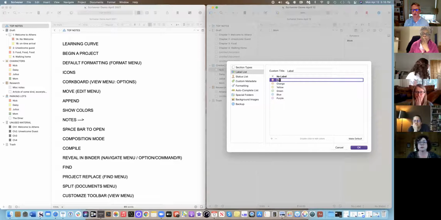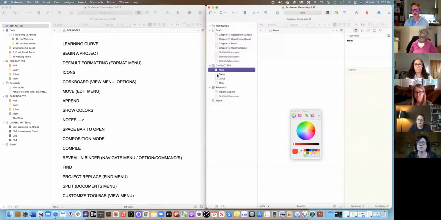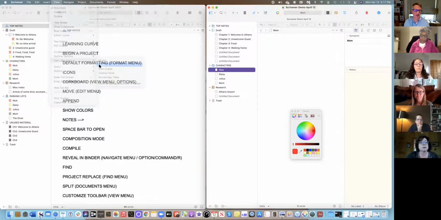So this first label I'm calling Nick. I double click on this color, and now I can make the label whatever color I want. Bright red for Nick. And you see, none of this color has shown up yet, because again, it's a bit counterintuitive with Scrivener. But I go up to the View menu, use label color in, and for my purposes, I like to use it in the icons